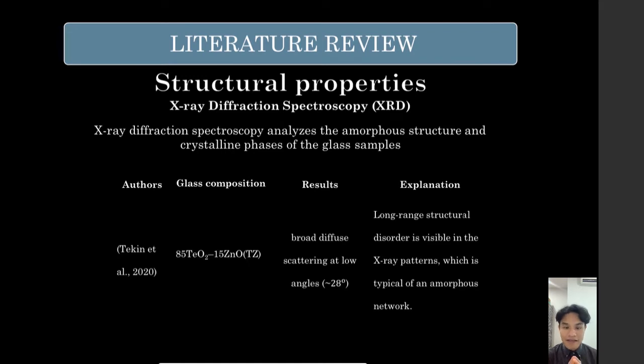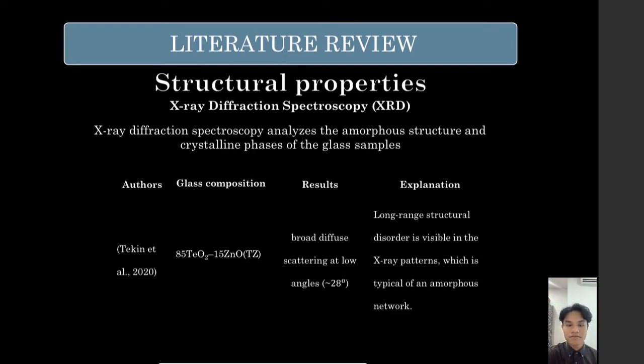The XRD can analyze the amorphous structure and crystalline phase of the glass sample, which we can see below from the author Tekin et al. 2020. Using the glass composition, it results in broad diffuse scattering at low angles, which is 228 degrees. The explanation for this result is that long-range structural disorder is visible in the XRD pattern, which is typical of an amorphous